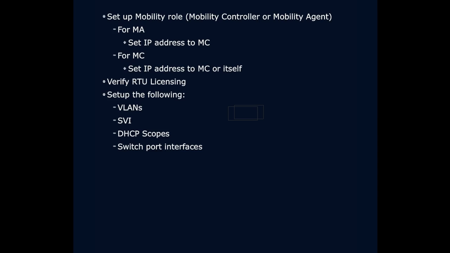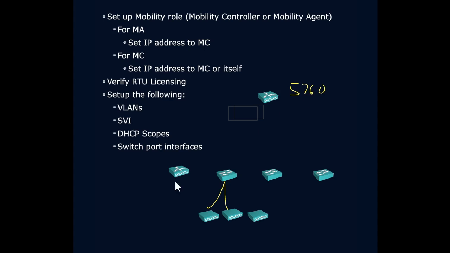So remember that in some cases, I'm going to have a very simple situation. I've got access points that are then connected to a switch which has the wireless control module built into it, like a 3850. And so in that environment, this guy's going to run as both the mobility controller and the mobility agent. It's very small scale. However, if I have multiple 3850s running out there, and I want to centralize that mobility controller role, then I might put a 5760 out here, which, by the way, can also work in conjunction with things like a